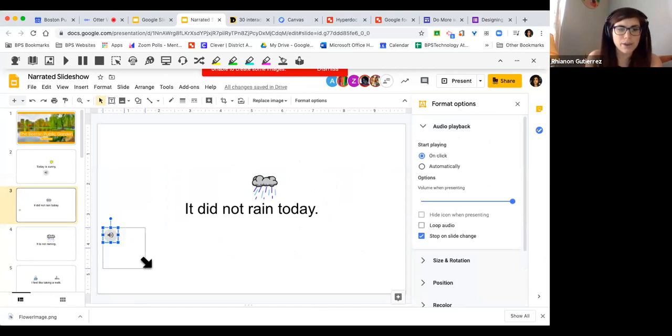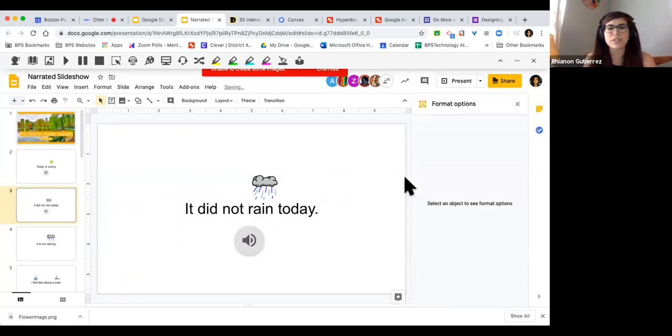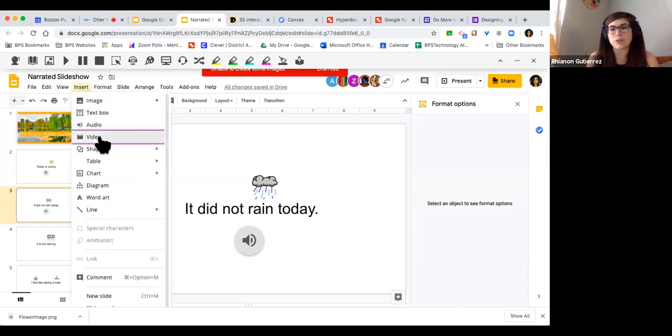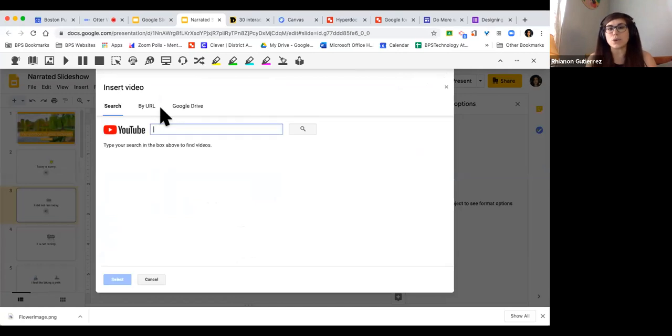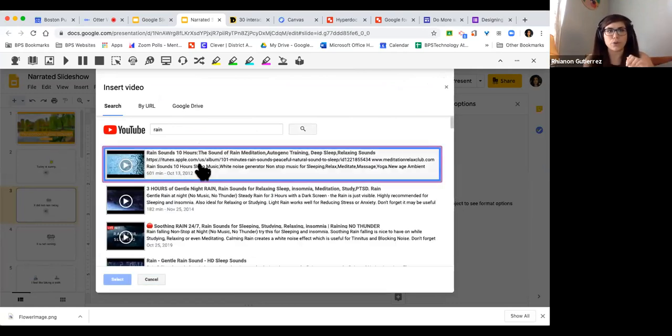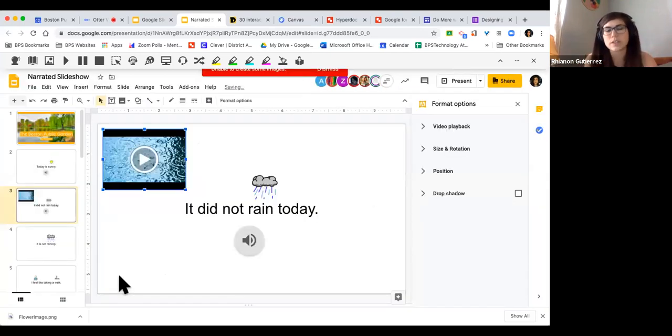and then it'll be there as a bubble, and you can always adjust the sizing of that bubble. So for every slide you create, you don't need to keep it simple by having text only. You can add images, you can add audio, and finally, you can also add video. So if you have a video that you want people to see, like I can do a Google search for rain. Please, before you publicize this with all your students, watch the entire video before you just say this is good for everyone to watch, because maybe it's not appropriate for your students.